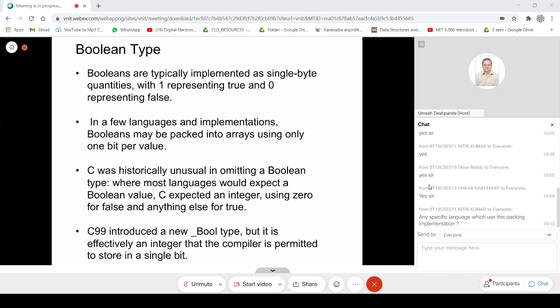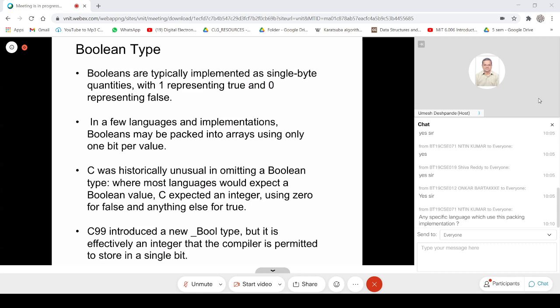Right. So in C, as we were discussing, we take an integer, and zero is taken as false, and everything else is taken as true. And the newer version of C, that is C99, introduced a new Boolean type. But it is effectively an integer, and the compiler is permitted to store it in a single bit.